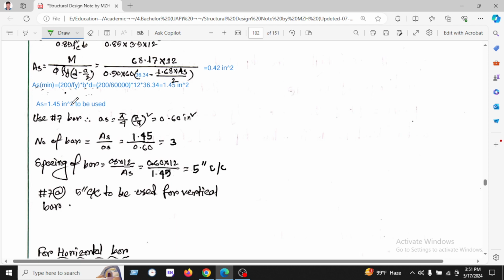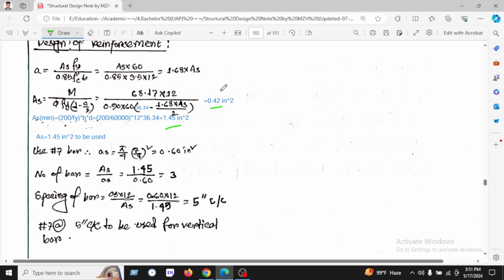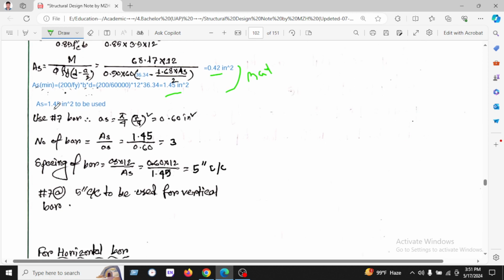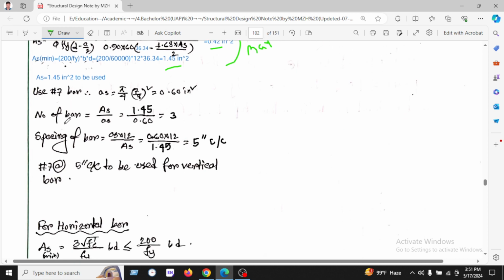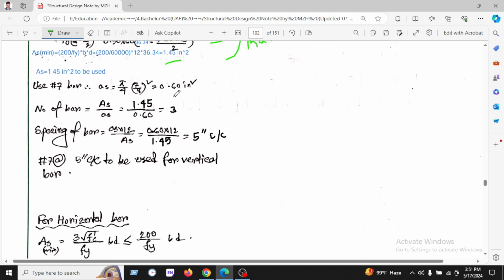On the other hand, we have found the minimum reinforcement 200 divided by fy into bd and found 1.42, and we have found by calculating 0.42. So we'll take the maximum value from this for taking the safe zone. So we will use the 1.42 inches square, and we are using number 7 bar, which is 0.66 inches square,